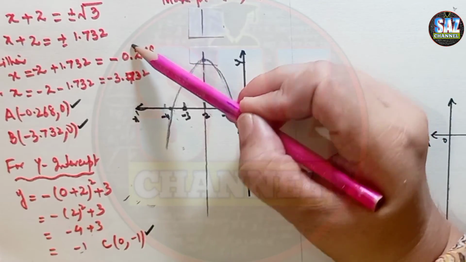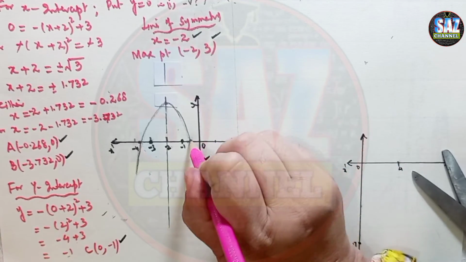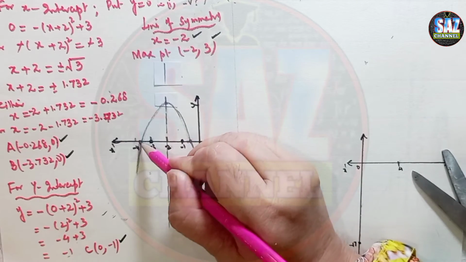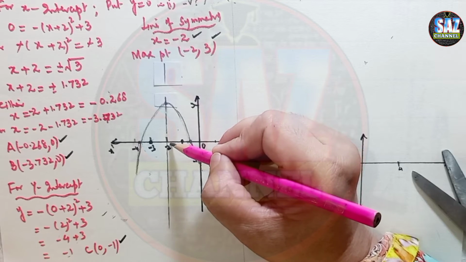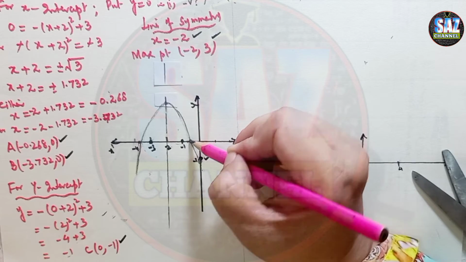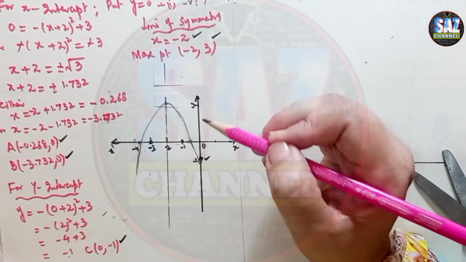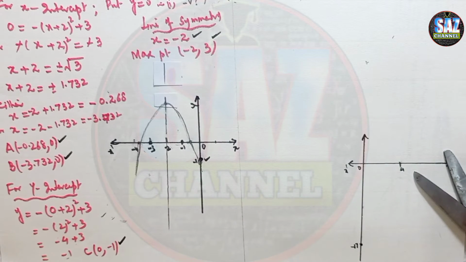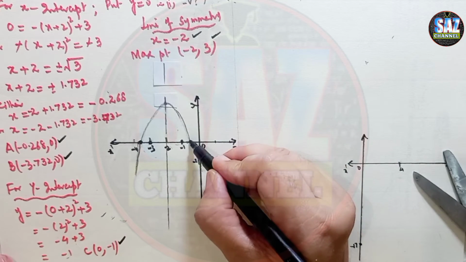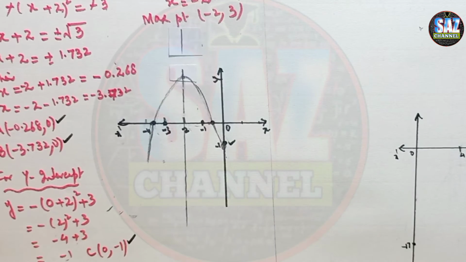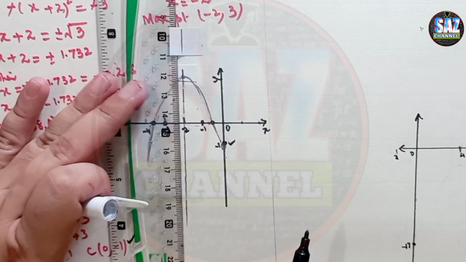It can be taken as 0.7 on this side and 0.7 on this side, and in this way, if this is the line of symmetry, 1 unit and 0.7 units on this side, and 1 and 0.7 units on this side. Now it's the time to go for the perfection of the curve. This is around 0.7 and this 0.3, and the line of symmetry is coming at this place.